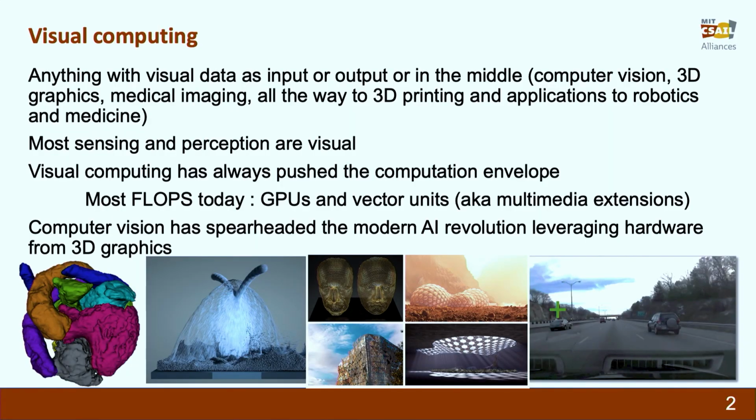So what we call visual computing is anything that has to do with images as input or output, whether it's computer vision, 3D computer graphics, et cetera, et cetera. And it's really an important area, partially because most sensing and perception are visual. I mean, essentially, the two things we're pretty good at measuring are electrons and photons. And so whatever you want to measure, you have to somehow turn it into either something visual or something electrical. And so as a result, you end up with tons of areas that you may not expect that involve visual